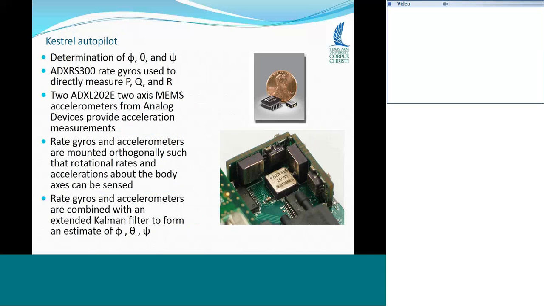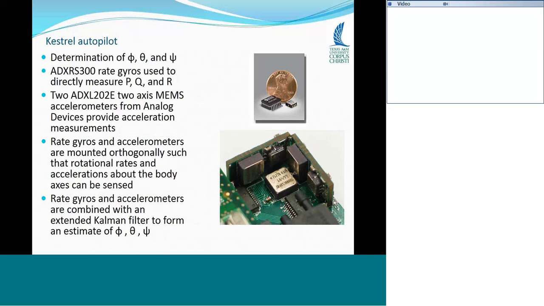And you see how big these things are. That's a penny. And so you see basically three of these things in the corner. So the three axes are perpendicular to each other. So they're measuring three axes relative to the airplane. Okay. So the rate gyros and accelerometers are mounted orthogonally, such that rotational rates and accelerations about the body axes